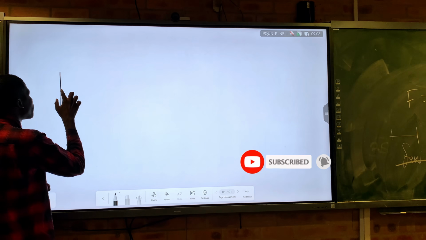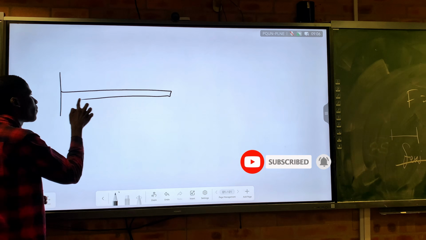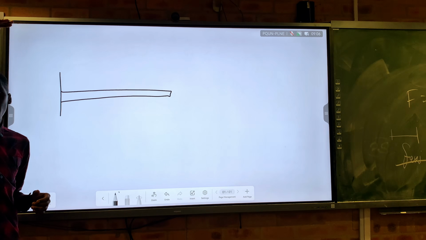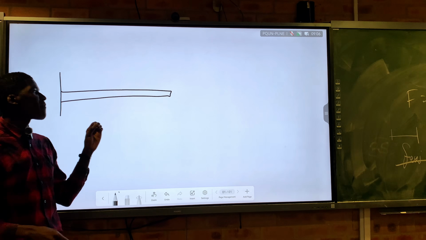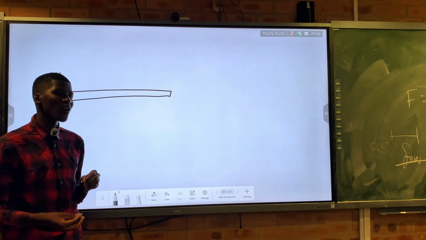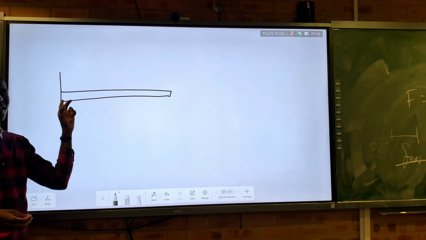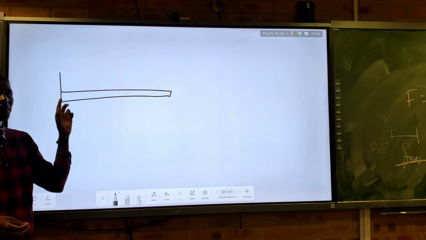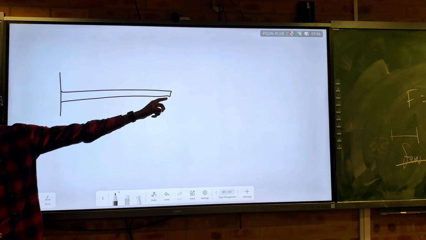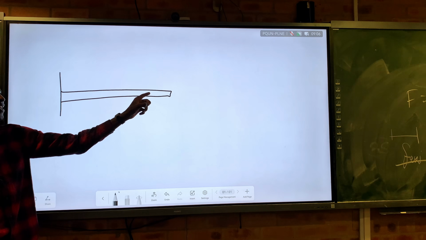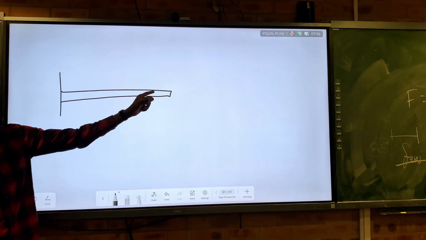And then you view it from the top. It's like so. I'm going to place a handle on the door. So I place a handle here, and I place it close to the pivot. Or far away? Why is the handle of the door placed far away? So that you can get maximum torque.